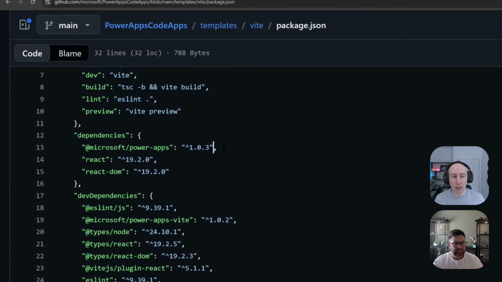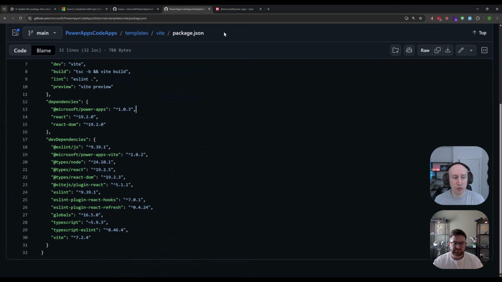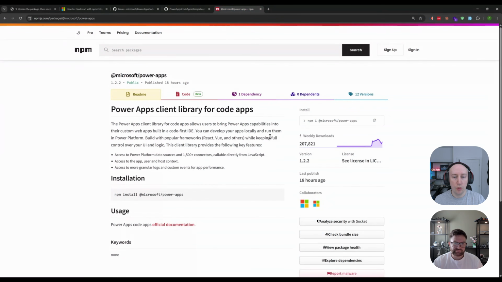So when you're installing it, if you don't update this, you're installing 1.0.3. And as we saw with the different commands that have come through, there's loads of different updates that have happened to this package. You don't want the old version of the package. What you want is the latest version, and if we're looking at it here right now today, the latest version is 1.2.2. So if you go to this NPM package for code apps, find out what the latest version is, make sure you're on the latest version, and then you'll get access to all of those fixes and all of those updates